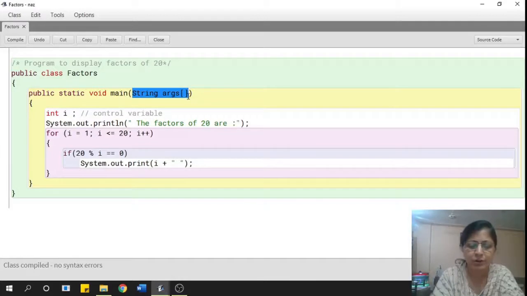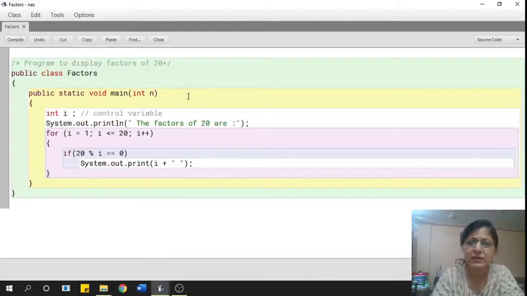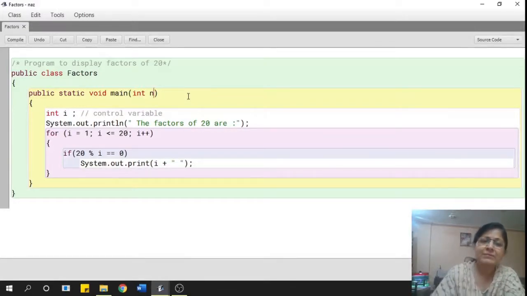So let's assume I'll call that number n. So I will say int n. Now the value of this n will come from the user. When I execute the program, the user will type in the number and it will be stored in n. Now since I am replacing 20 with n, wherever 20 is, I am going to replace it with n.